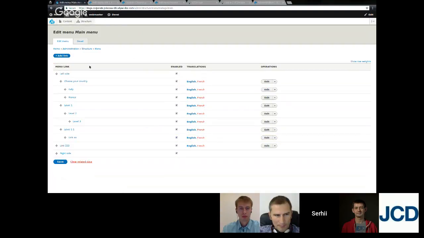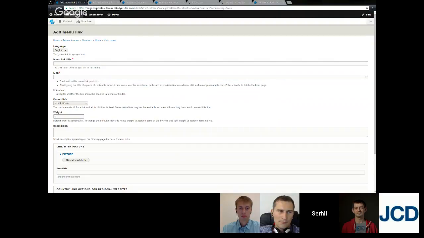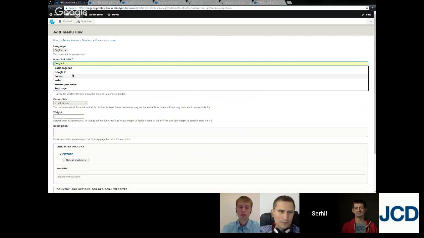Well, so moving to the menu item form, we have the technical specification, which covers all the fields that we have in the menu items. For the main menu, let's create, for example, an item in the right side. So I will press add link here. You see, so it will be created in English. It will be the original language for it. So we have a title. I will put right side